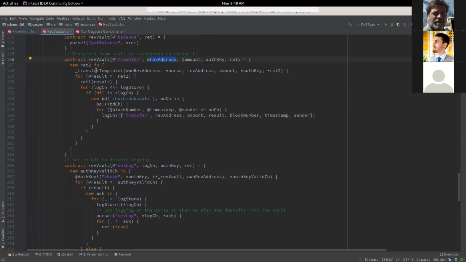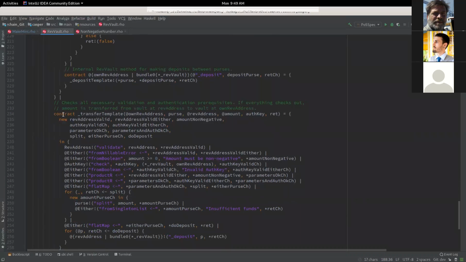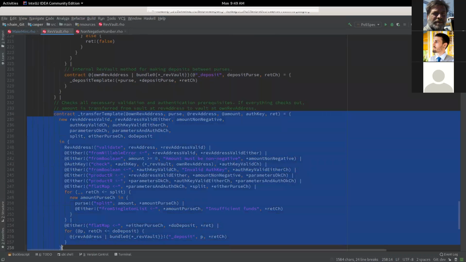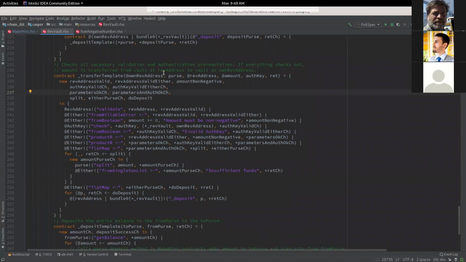Of course, we'll do some checking to make sure this auth key provided is the right auth key for the rev vault at this rev address, and all of that junk lies in this transfer template business, which is down here and just utterly horrendous. But that's what it is.